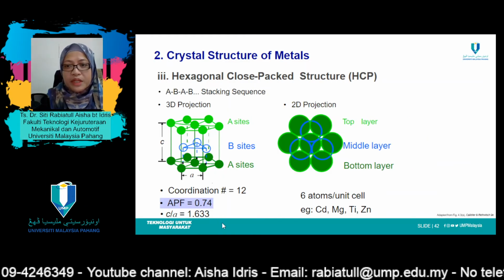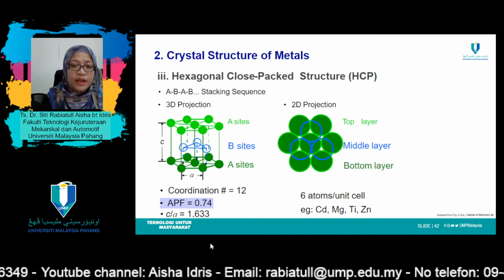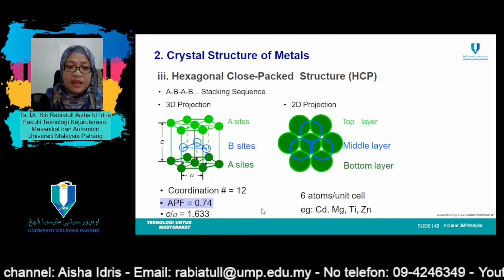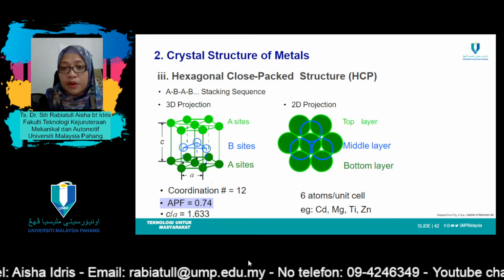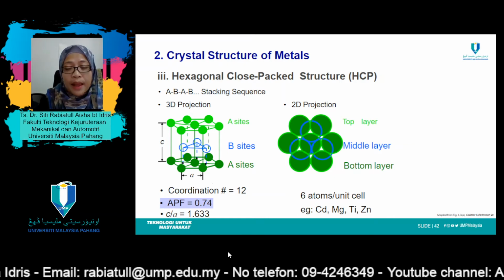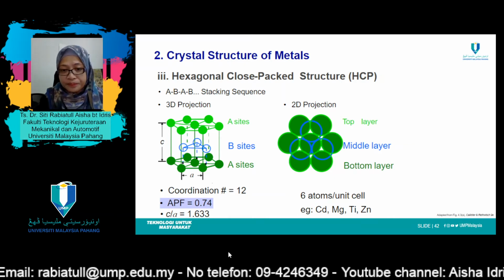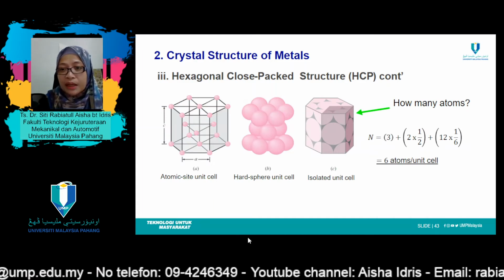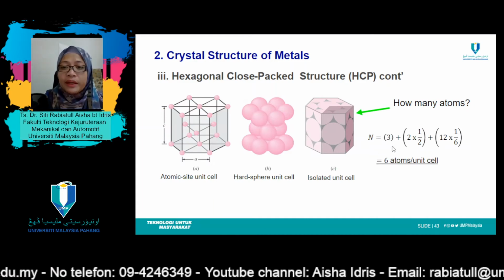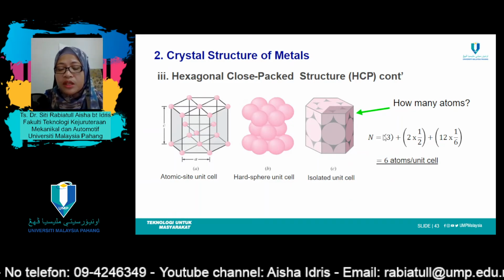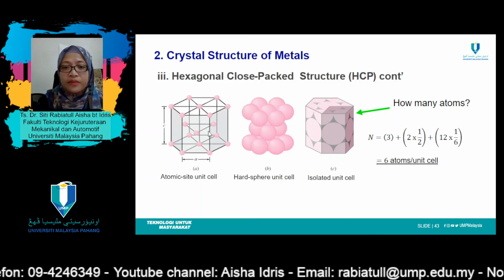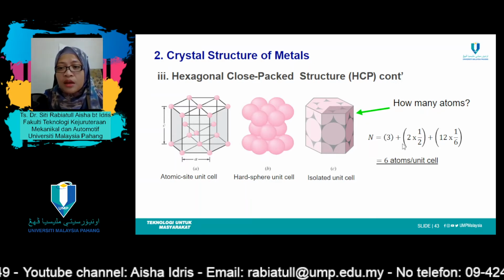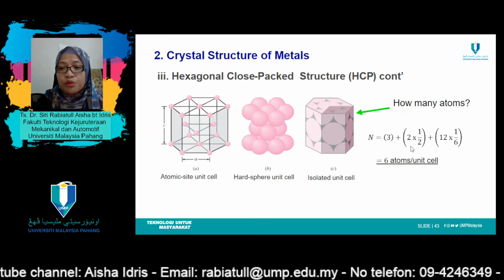The last crystal structure is HCP. This one is slightly different in how we calculate the number of atoms in it because of its complex crystal structure. Okay, now let's look at how we calculate this. Number one, for the internal atoms in it, yes, we do have 3: 1, 2, 3. So 3 plus for the surface, we do have 2